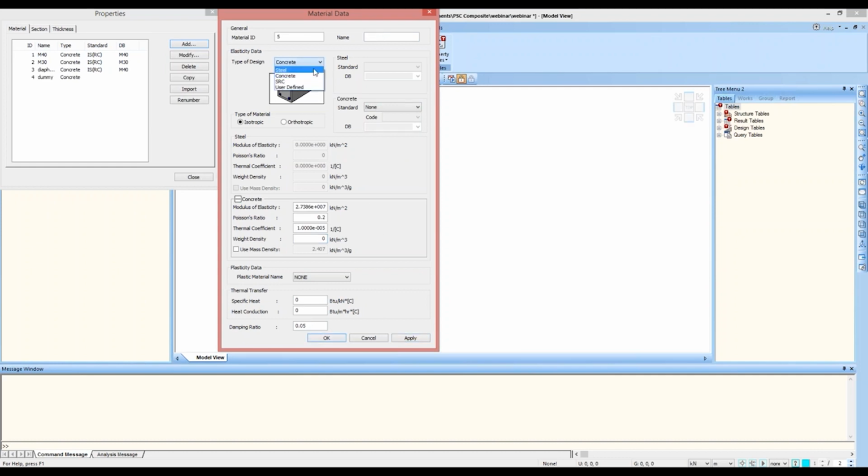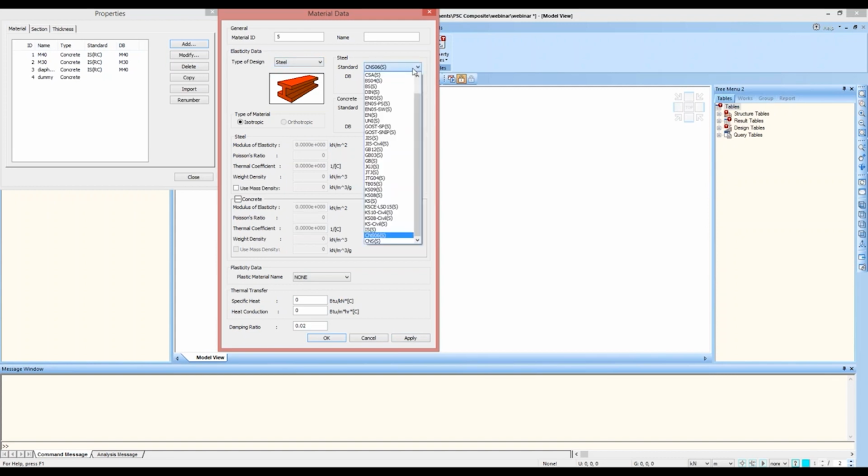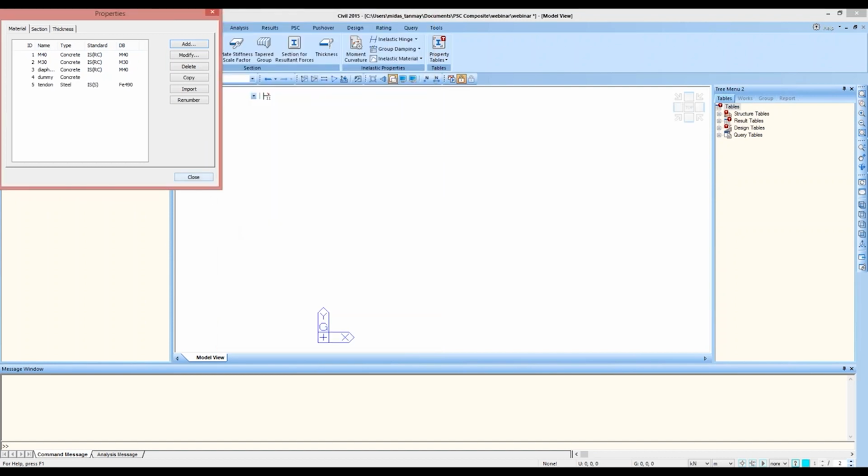And finally, I'll add a material for the pre-stressing tendons, as per Indian standards, FE 490. Okay, so all the materials have been added.